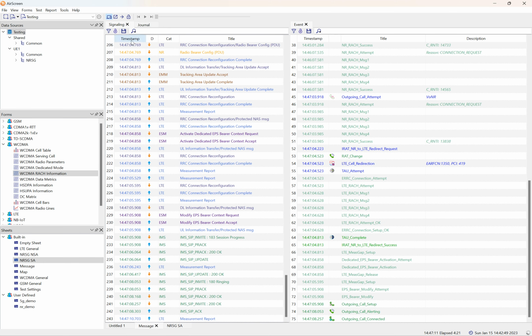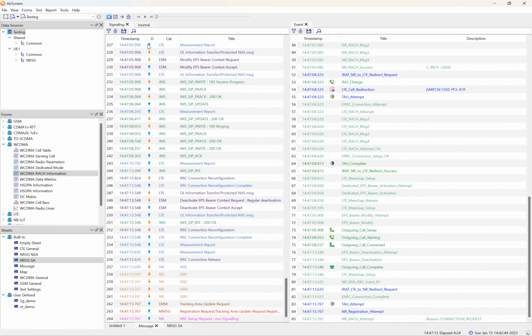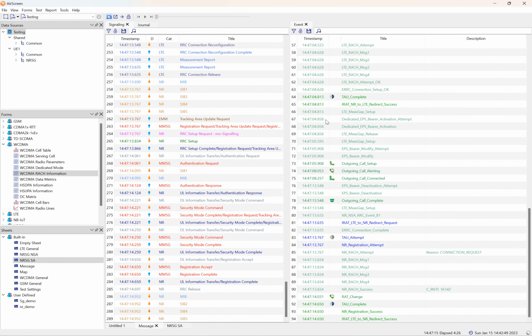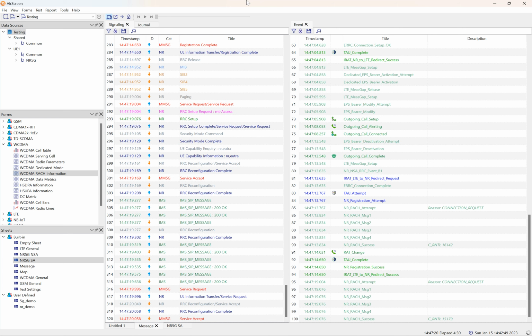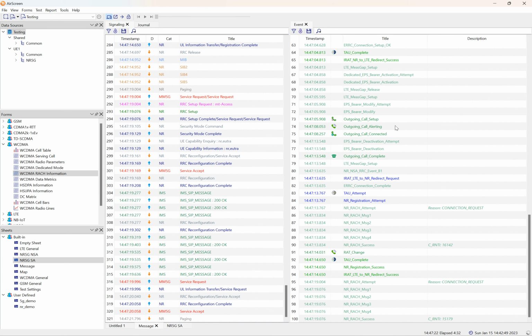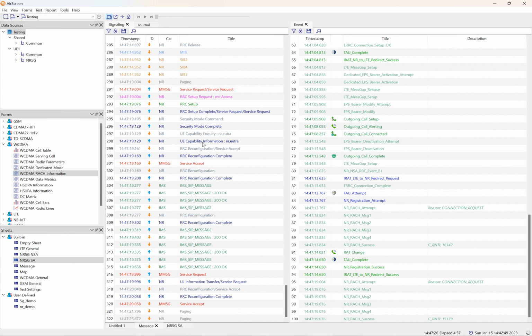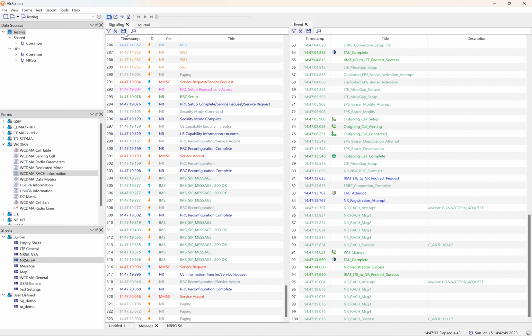Okay, and then we can disconnect the call, and the call is ended. Okay, the call is completed. The event shows. Okay, that's the testing, and here we can save the log file